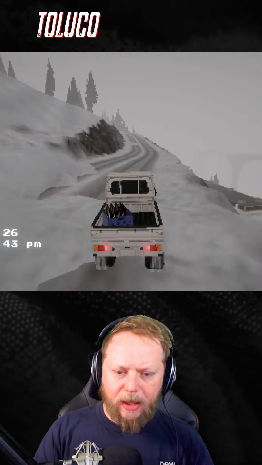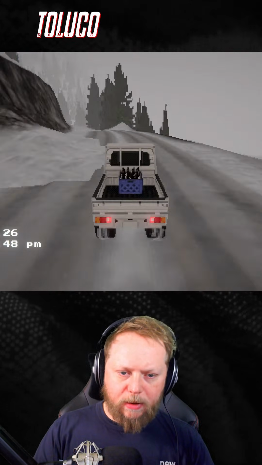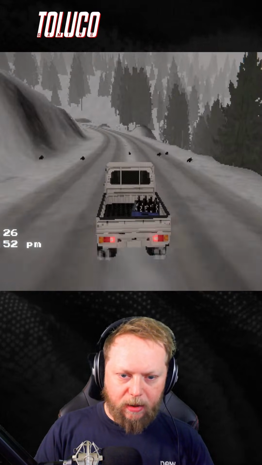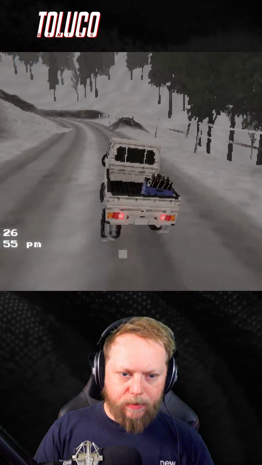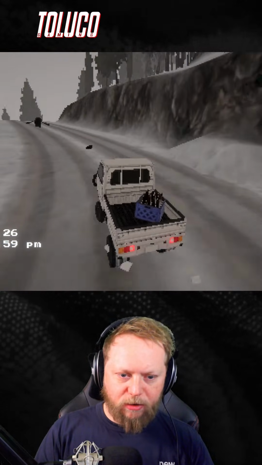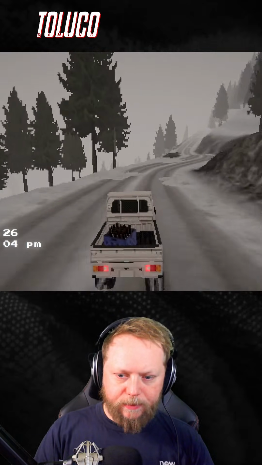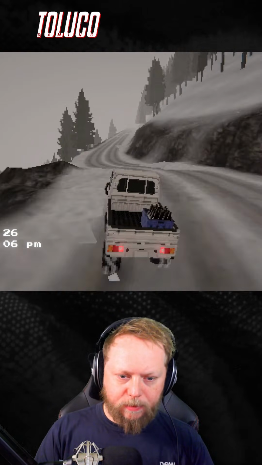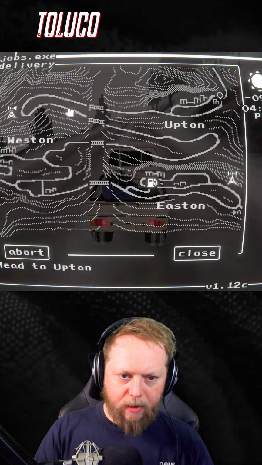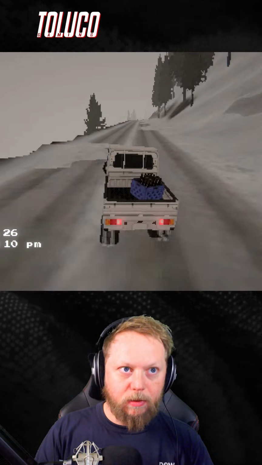I wonder if you can walk on the ice. That's how you don't fall through the ice. Driving on the ice, your heavy truck is going to break it. Walking on it's fine. But I wonder what happens when you drive up and then you jump out, or if your truck sinks and you don't. Nearly at the top for this delivery. We are here, and we're going to go back on ourselves to this lower part of the tunnel.